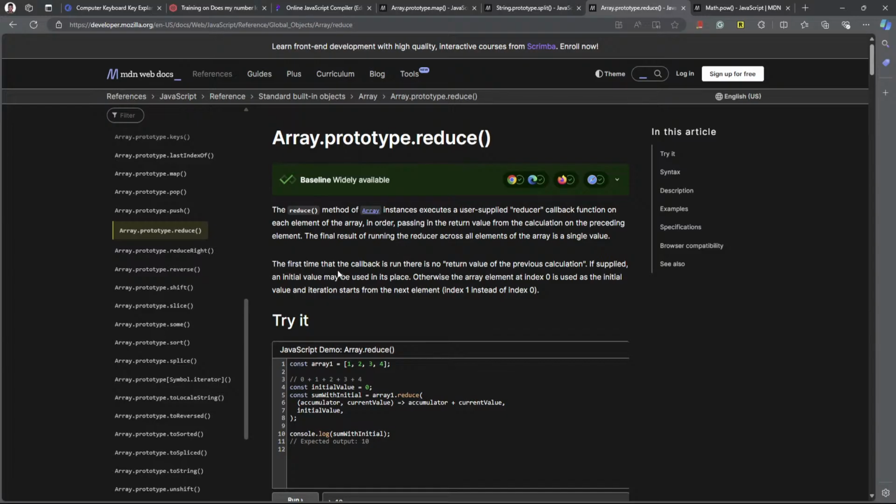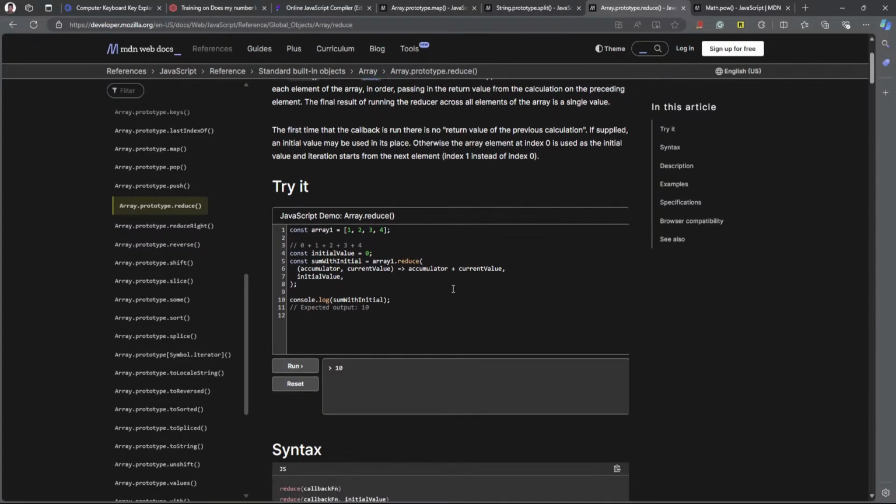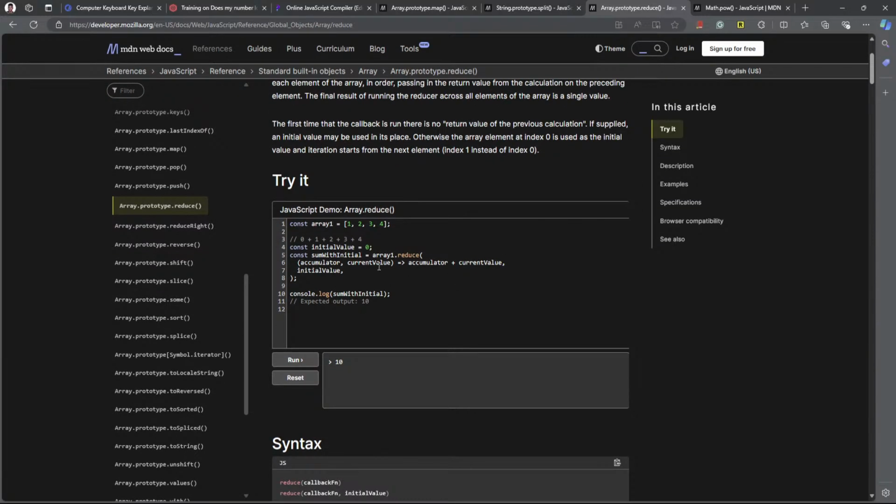The first time the callback is run, there is no return value of the previous calculation. If supplied, an initial value may be used in its place. Otherwise, the array element at index 0 is used as the initial value, and the iteration starts from the next element. So in this case,